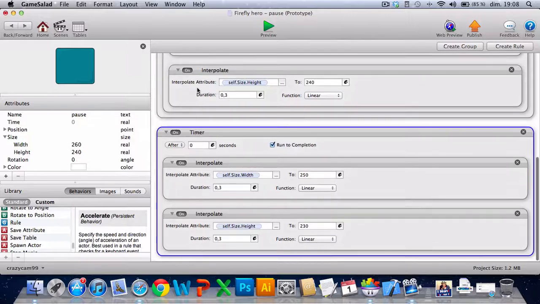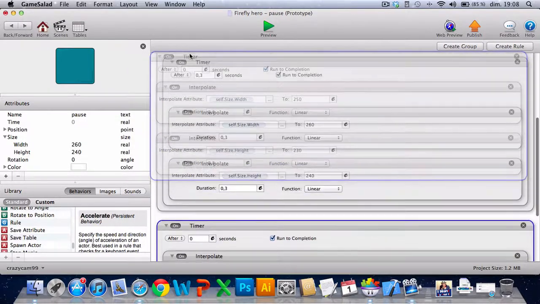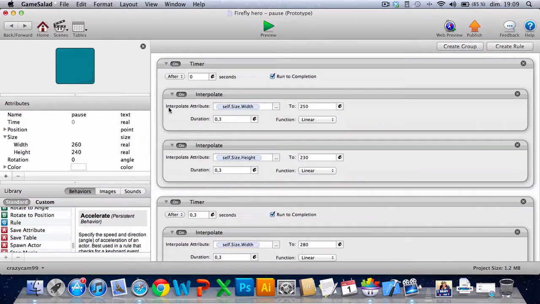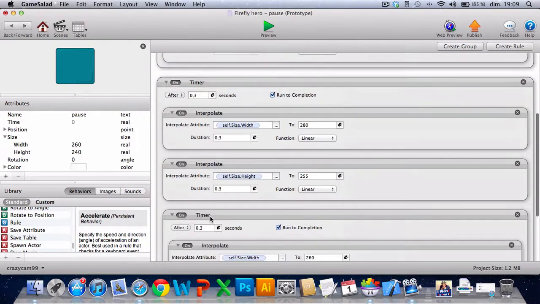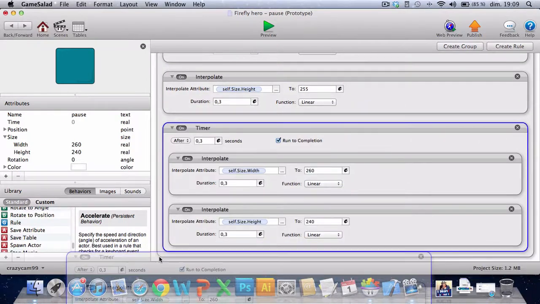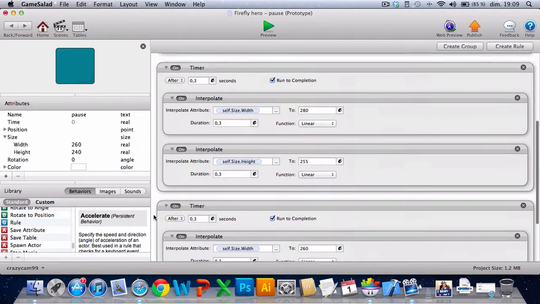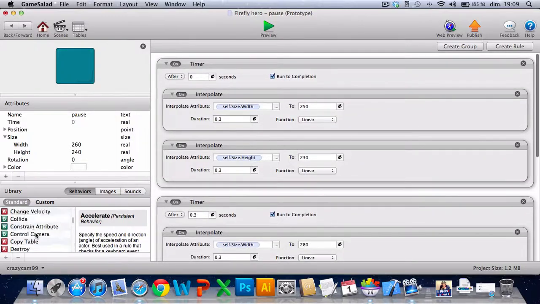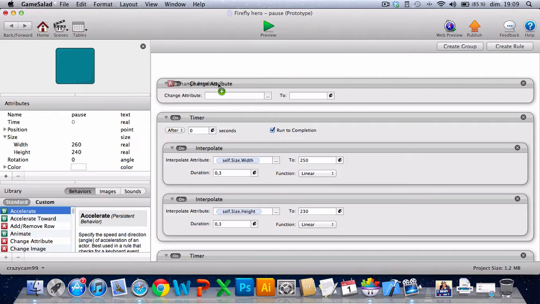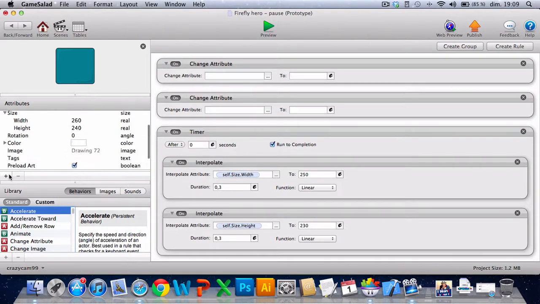Now 0 seconds, I'm gonna drag it up to the top of the rule. After the second 0.3, I'm gonna drag it out, and that's fine. Now I'm gonna add right at the front 2 change attributes, and here I'm gonna do 2 real attributes,